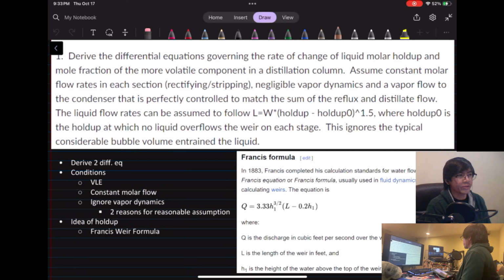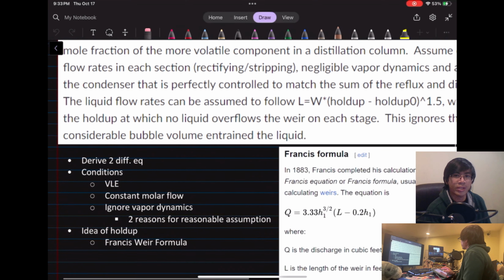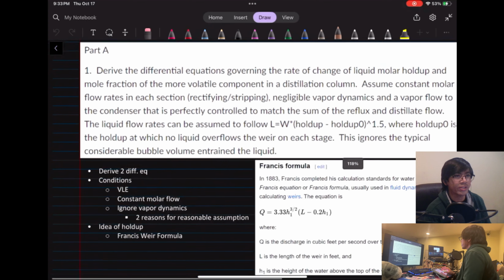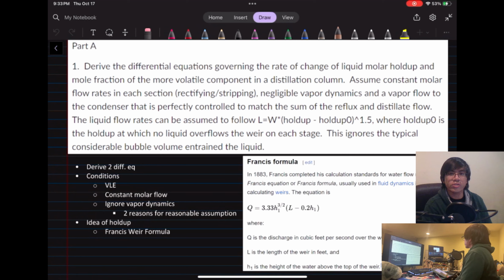Okay, so today we're going to be doing another distillation column, but this time we're going to be involving some liquid dynamics. So I'll go ahead and read the problem statement here. We're going to be deriving, I actually have a little checklist of the main things happening in the problem statement, but basically we're going to be deriving two differential equations, one for the liquid molar